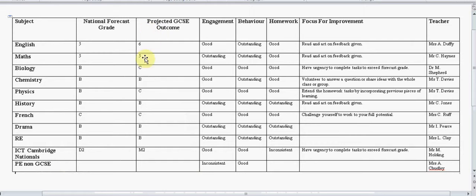Currently, their biology teacher, Dr. Shepherd, is projecting that by the time they take their GCSEs, the student should end up getting a C. Now that's not quite as good as we would expect. The national forecast grade is worked out according to national students, how well you should do. Now we've enhanced that a little bit and made it a little bit harder because we are able to choose